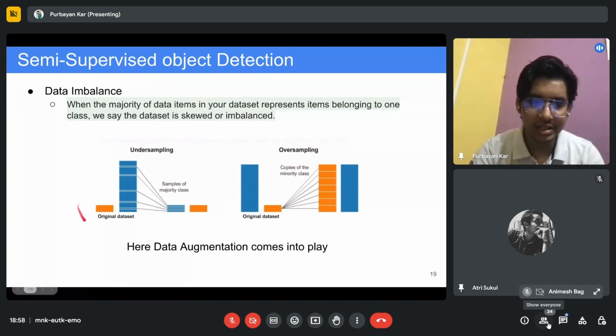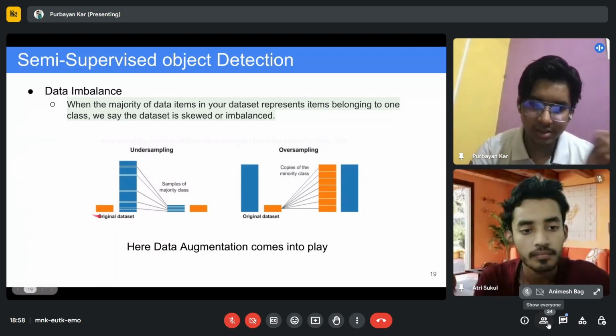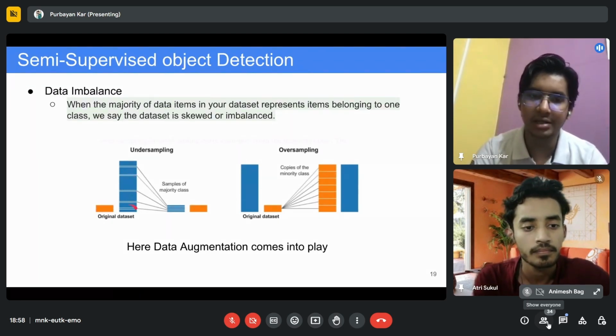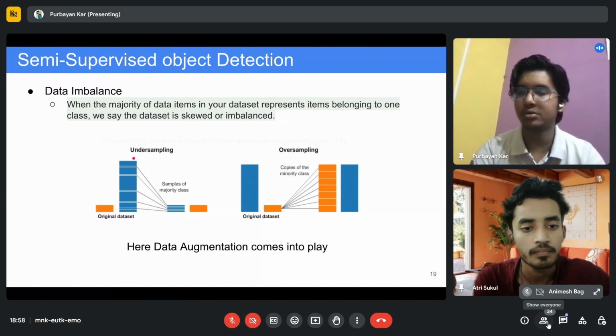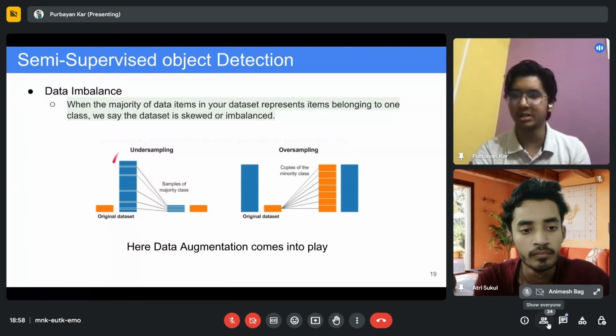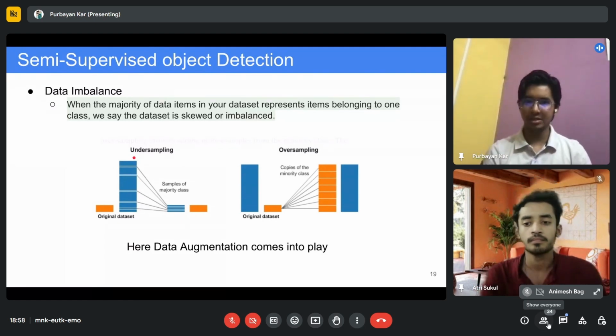Let's say in this dataset there are 100 classes. These are the number of samples of 95 classes, and for the other 5 classes alone we have a large amount of data. So now if you train your model using this data, your prediction will be very biased toward these 5 classes. This is not at all a good thing to have.